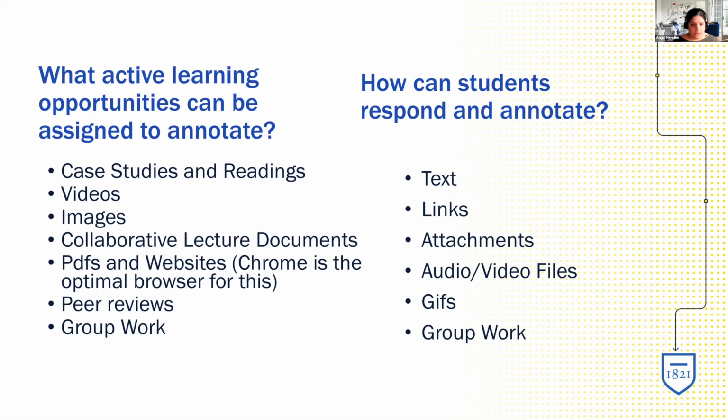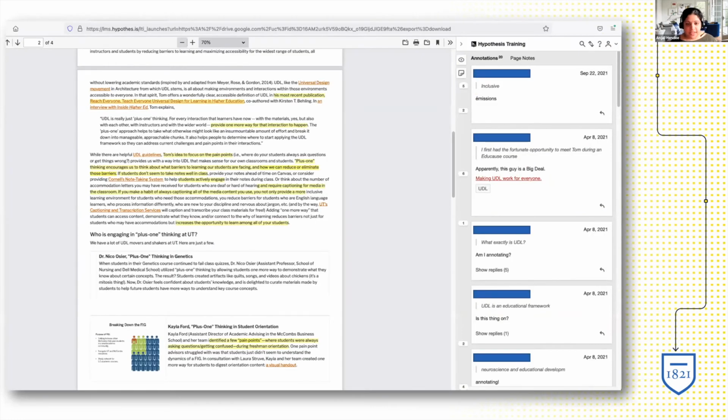And just as a way to demonstrate what it looks like, this is an article that was online, and it was in a Hypothesis course, actually our Hypothesis training course, which is a self-enrolled course. And you can see along the right-hand side, we have annotations that someone responded and added a link to an article. So other people have replied to the different comments that are made. So it's really a great tool and something that I encourage everyone to try and explore with.